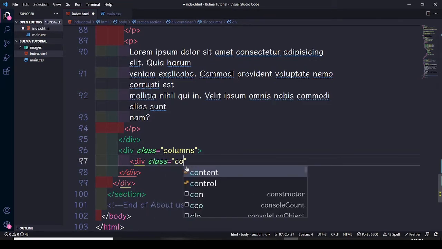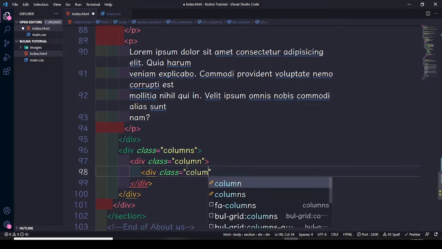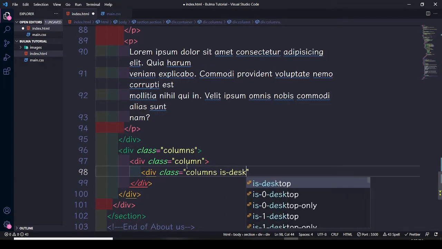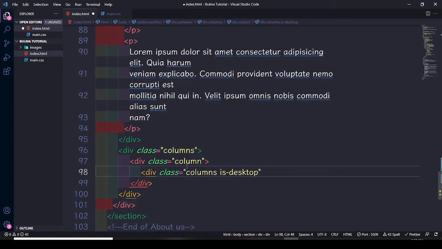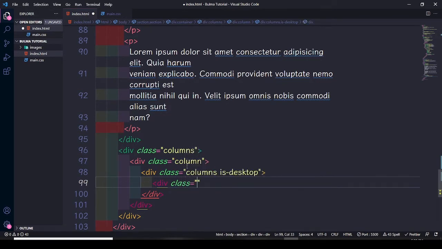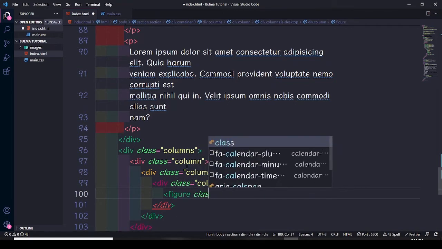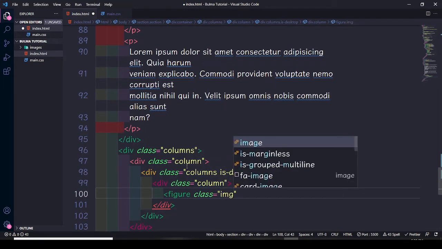So here the next is gonna be column. Okay, then after, let's choose another div, assigning it a class, and this class is gonna be columns is-desktop. Okay, and then we do need to add another div, assigning it a class, and it's gonna be column. Okay, and let's use the figure element to add the image, and let's say class is gonna be image,